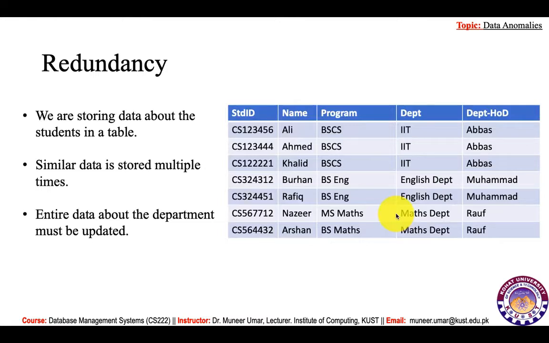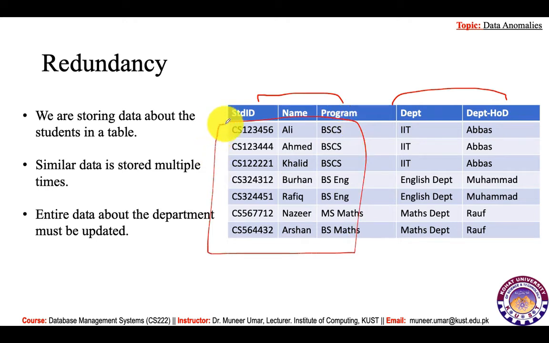This is an example of redundancy. Here we have some tuples about the student. These are under student ID, name, program, department, and department HOD. So in this table, we actually have two things. The first is about the student and the association of the student with the department. So we also have some data about the department. Now, if you look into this table, these things are correct